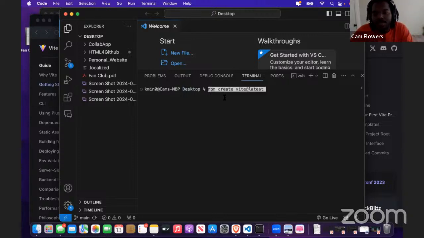So I'm going to actually run this command. The command is this: npm create vite@latest. And this command, when you press enter, is going to start a command line interface for us to create a